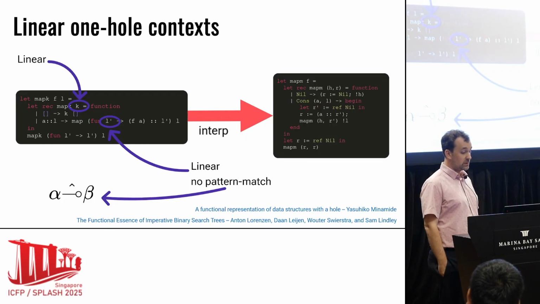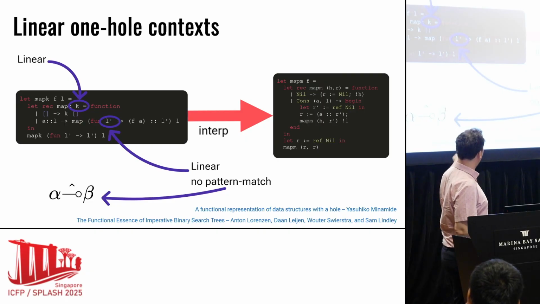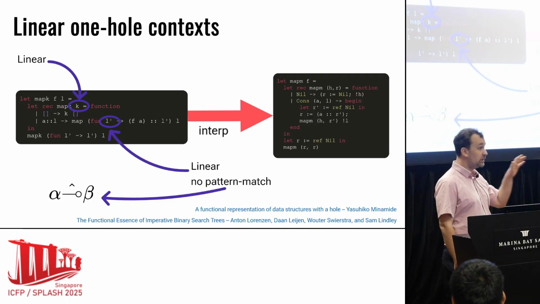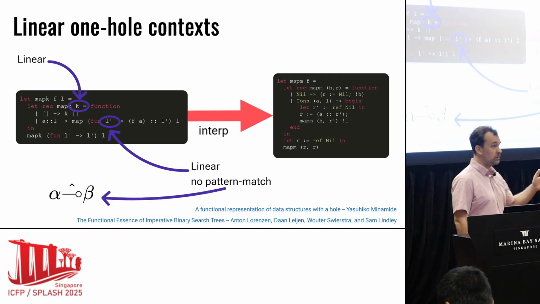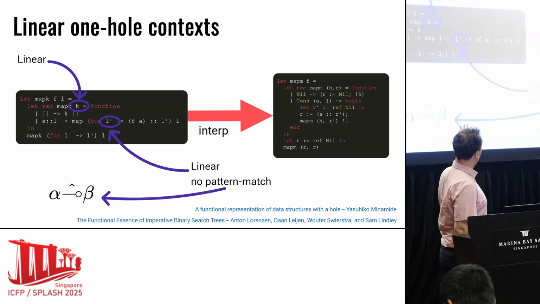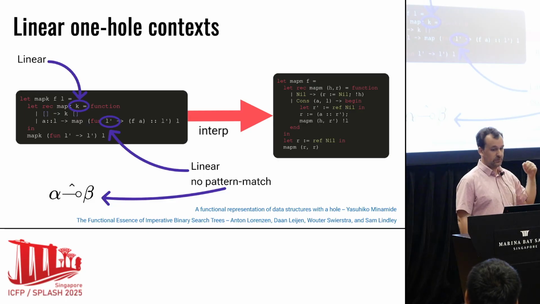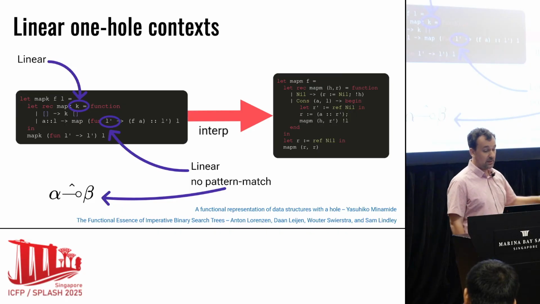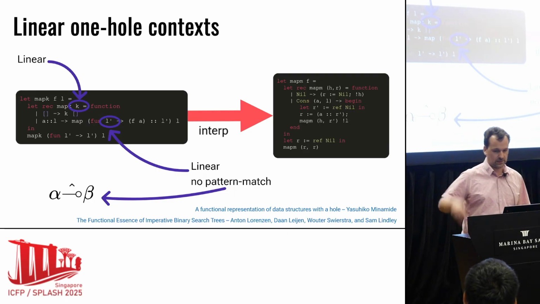And with these two restrictions, it is possible to come up with a new type of functions. Here I wrote it linear arrow hat. So it's a restricted type of function that you will only use linearly because you're going to mutate it, so you don't want the mutation to be observable, and that never pattern matches or reads anything dangerous to L with its argument, because otherwise you would read unrestricted memory. But with these conditions in mind, they could take this function type or something that looks a lot like this and compile it to the Java version. That's great. So I guess this is the end of the story, but